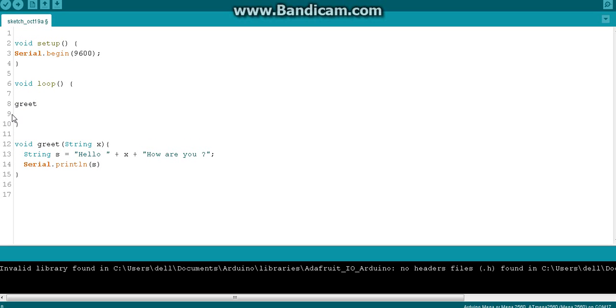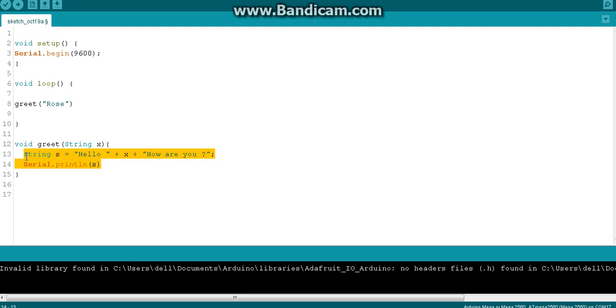the name. Maybe rows or whatever you want, and pass the name. What will happen here is rows will be taken here, so x will be the rows value, and it will be added here. So "hello rows, how are you" will be created and assigned to s, and the function will print s inside the function. So "hello rows, how are you" will be printed,